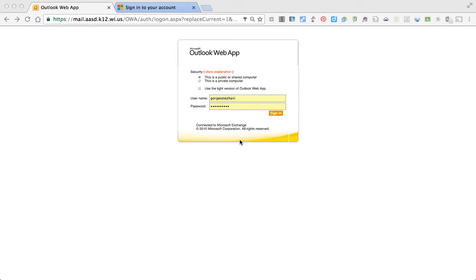Hello everyone, this is just going to be a quick video to show you some of the differences as we have switched to Office 365 instead of Outlook web app for online emails that you may check when you're not at school. Now when you do this, let's say you have the old one